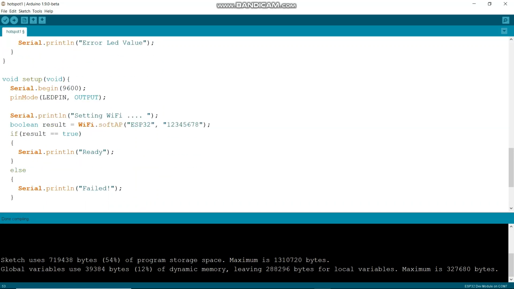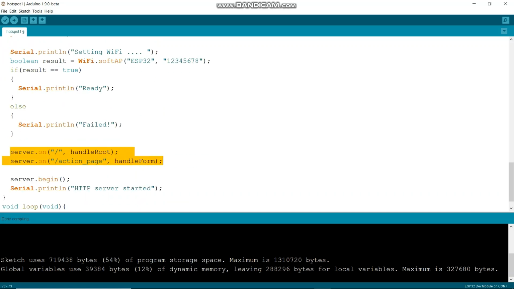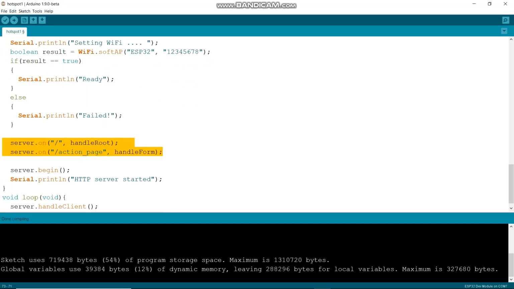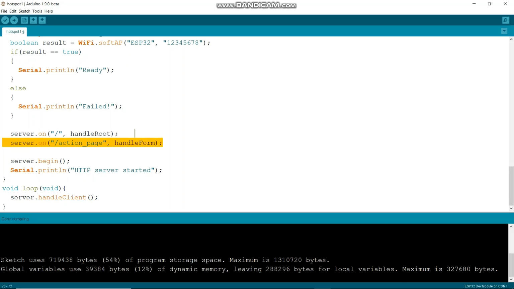So this is the whole server dot on, and these two things it does. It just starts these two things to happen. Basically, as you begin the server, these two things will happen. You will create a web page, and you will give it, yes, this is how you have to manage the client. You are not managing your client right now, but you are giving them the instruction how to manage the client.